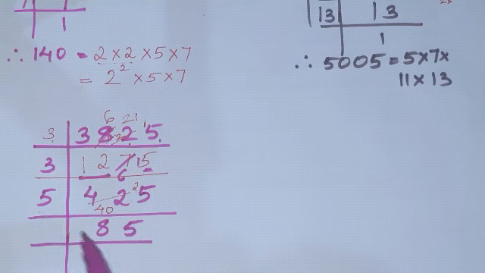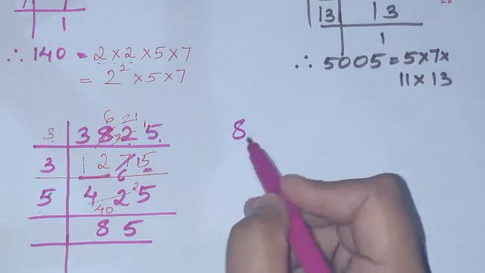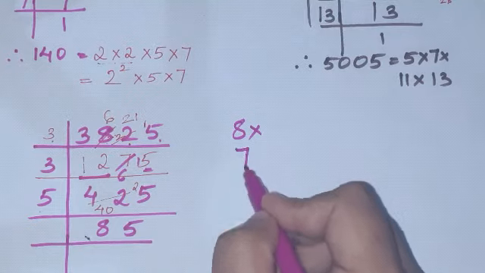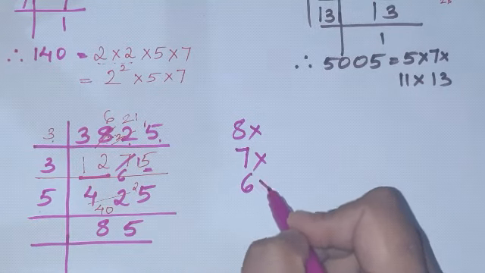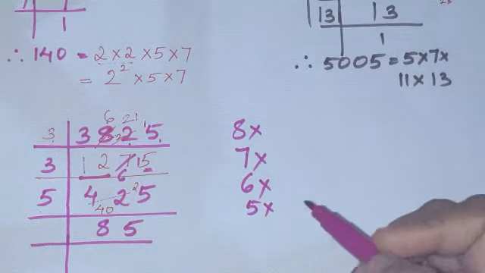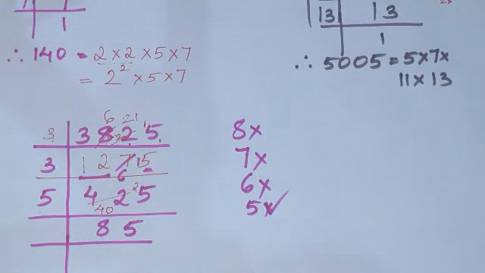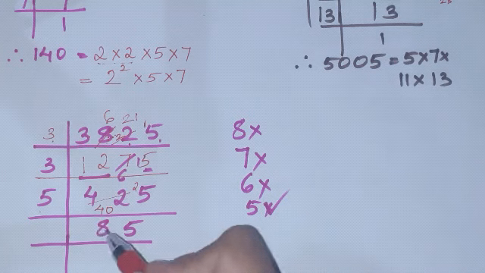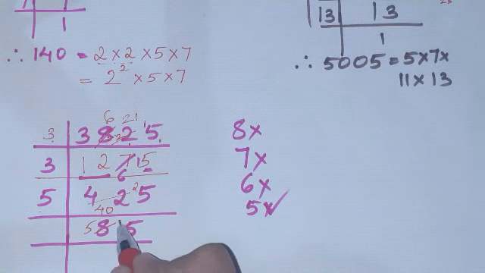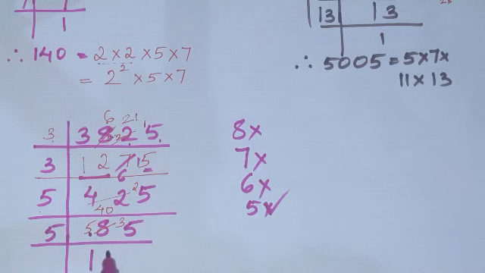Okay, so 8 is not there in 5's table, 7 is not there. Just go below this number. See, 8 is not there in 5's table, 7 also is not there in 5's table, 6 is also not there in 5's table, 5 is there in 5's table, correct? So if I convert this 8 into 5, how many will I have to give to this 5? 8 minus 5, 3, 35, correct? So now 5 1's are 5 and 5 7's are 35, and the remaining number is 17.